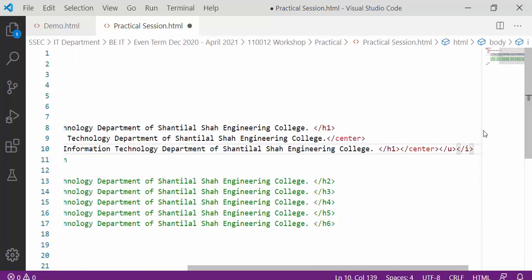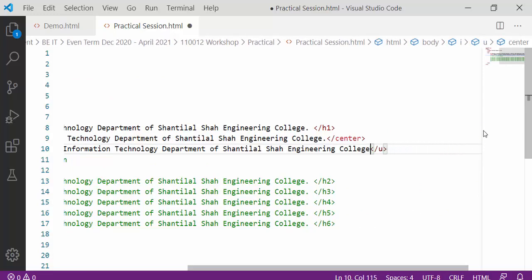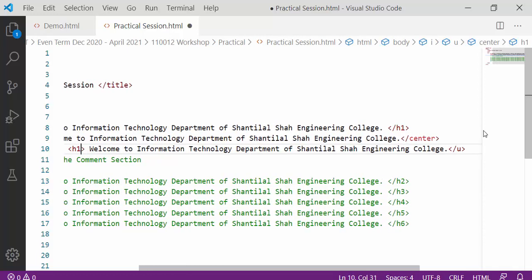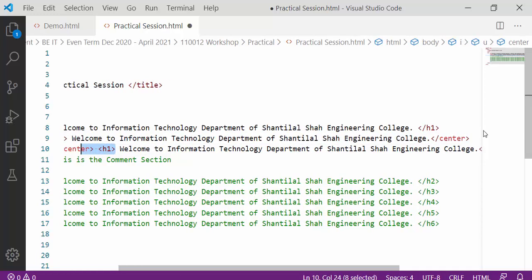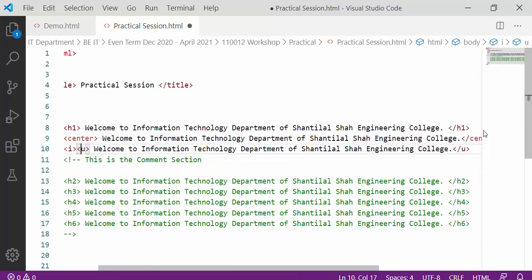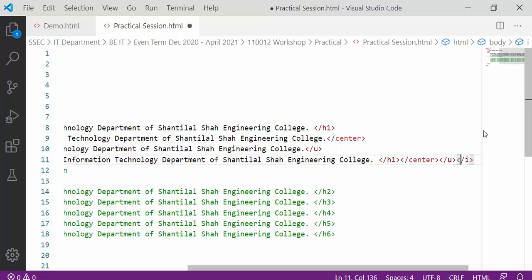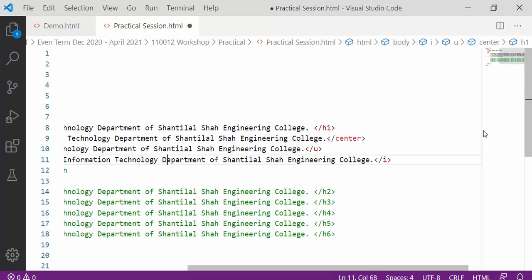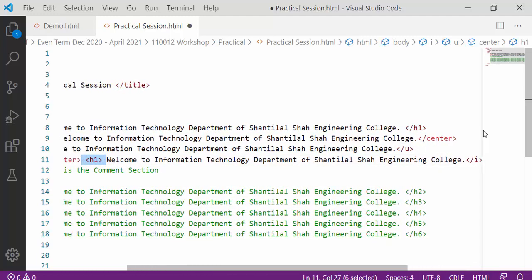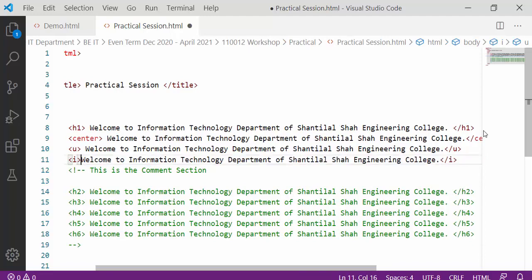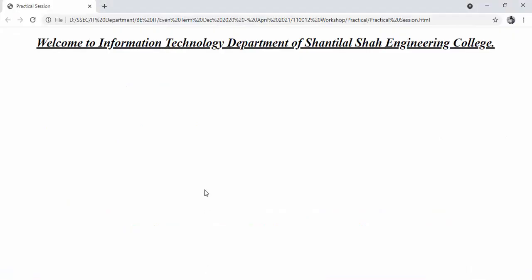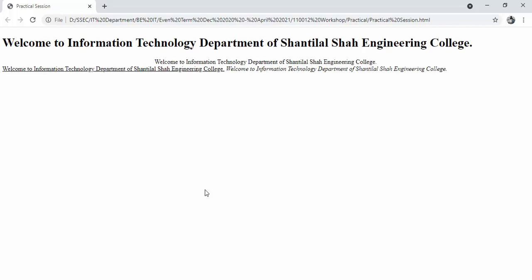Then again, if I want to use the underline tag, and after that I just want to use the italic tag. So save it, go to the browser and refresh. See here. Okay.